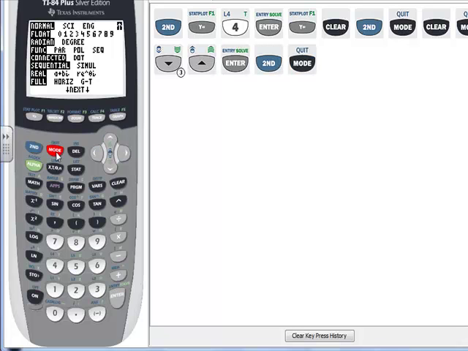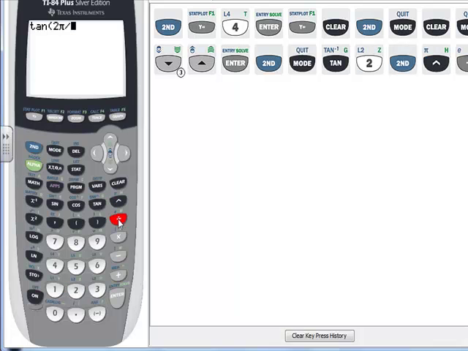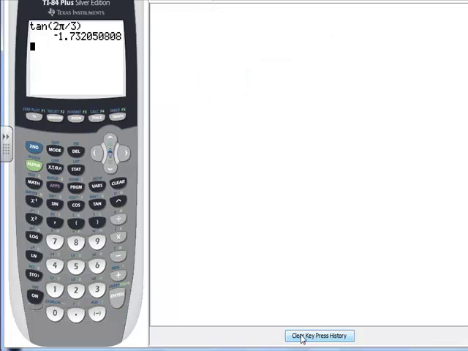So now I'm going to go back to my main screen, and I'm going to ask my calculator to figure out, well, what is the tan of 2 pi over 3? And since I'm in radians, my calculator will recognize that, and it's telling me it's a yucky decimal. So if you recall, we learned one method, and I need to remember it's negative, so it's going to be negative whatever I come out with, but one method